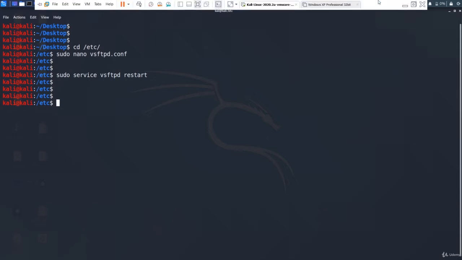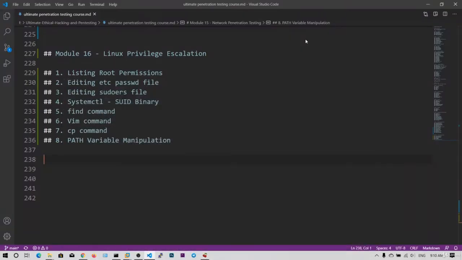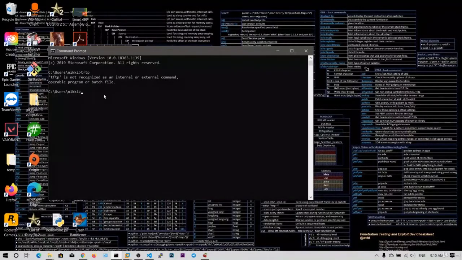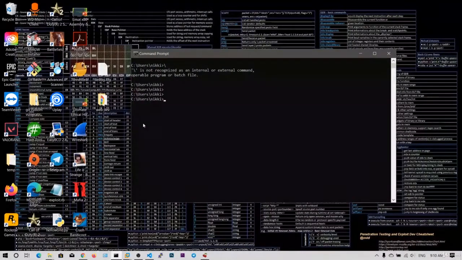Now let's go on to our Windows machine. Okay, let me clear the screen. Think of this as a reverse shell we got from the Windows machine. So we cannot use the graphical user interface, and we cannot use interactive programs like FTP. If you type ftp and then say bye, it will supposedly kill the shell. That's why we are going to type the commands in a text file, and then execute the commands from the text file.